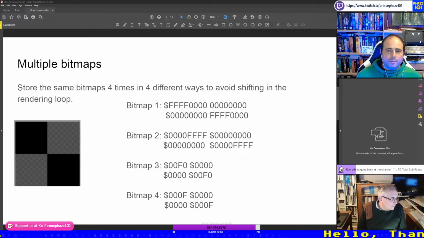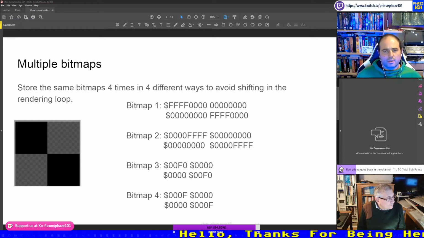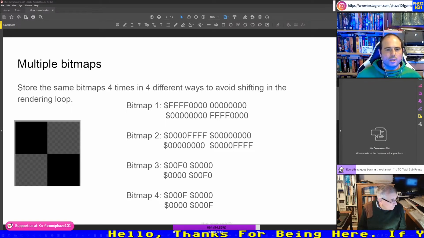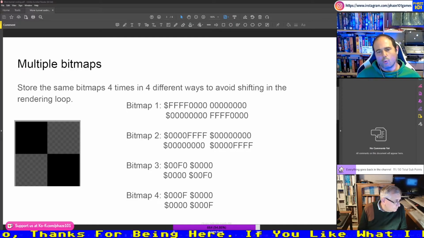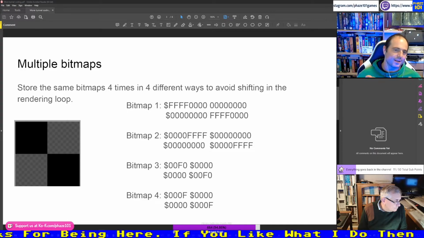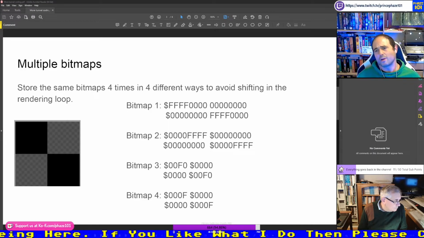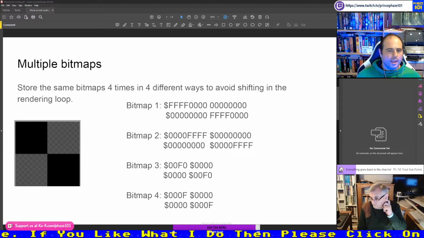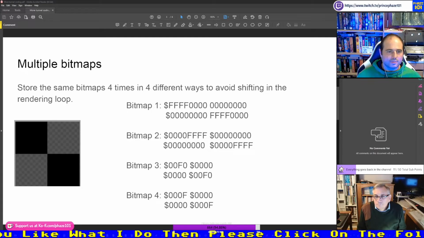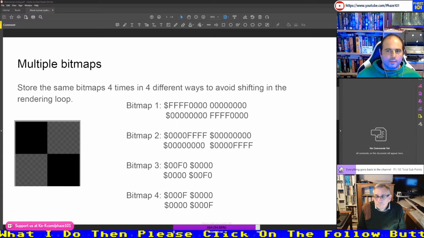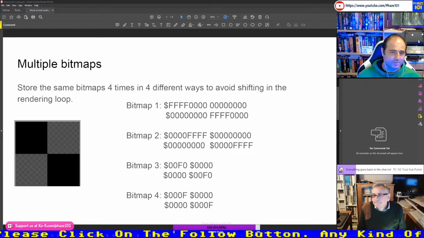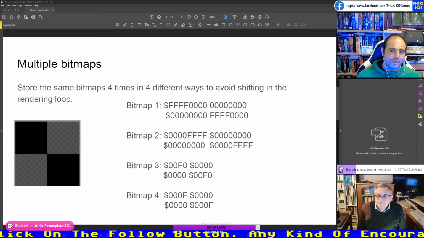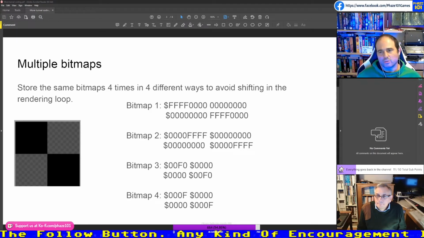So the first bitmap is packed in a Word format. This means each pixel, these 2 pixels, is represented by a word. The first pixel is a word, the second pixel is a word, the third pixel is a word, and the fourth is a word. And whenever there is a black square, I set in memory the number FF0000, and of course, if there is no color, I just set the whole byte to 0.